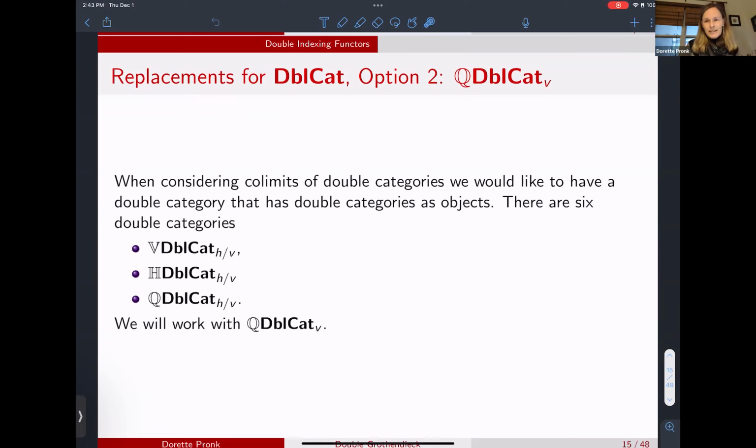Well, we have seen that Double Cat was enriched over Double Cat, but we also know that we can think of the category of double categories as a 2-category in two ways, horizontally or vertically. And then we can use any of our three functors to come back to Double Cat, either vertically, horizontally, or with quintets. So we're going to opt for the last one. And it doesn't really matter whether you go horizontal or vertical. Well, it matters, I think, if you do pseudo, but when we started originally with strict double categories,